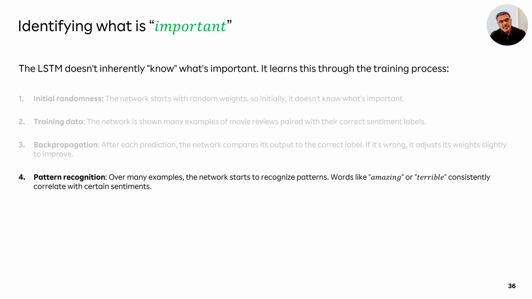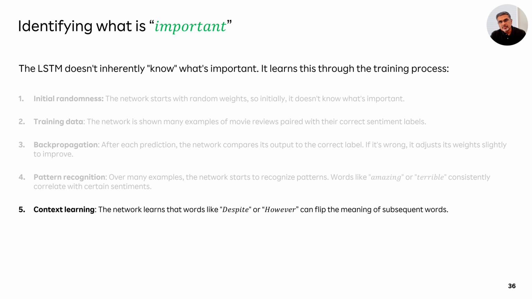But because of the way the LSTM is designed, it will start to recognize patterns. If there are words like, for example, amazing and terrible consistently, it will say, these kinds of words seem to correlate more with certain types of sentiments. If the word amazing exists, there is a likelihood that the review is positive. If the word terrible appears, there is a likelihood that the review is not good. So the LSTM starts to recognize this pattern and builds on these words and their correlation with the sentiments they convey.